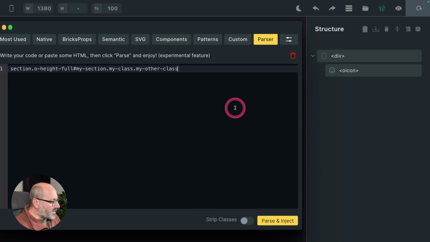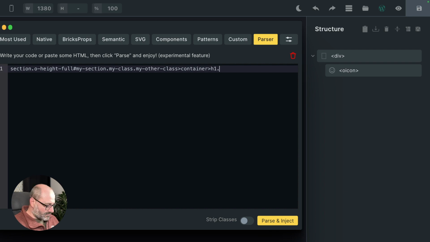So that's not very impressive, but what's interesting with Emmet is that I can use operators. For example, inside of my section, I want elements. And in CSS, the parent to child selector is the greater than sign. So if I add a greater than sign, I can add a container. This is not an HTML tag, this is a Bricks element, but this will work. Inside of my container, I will add an h1